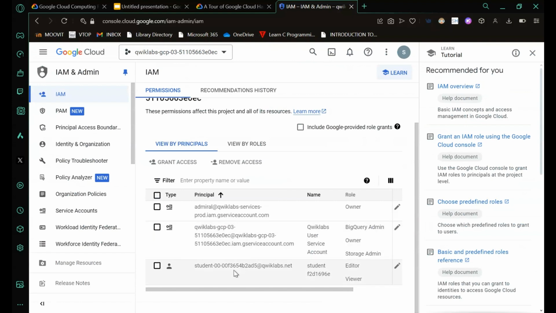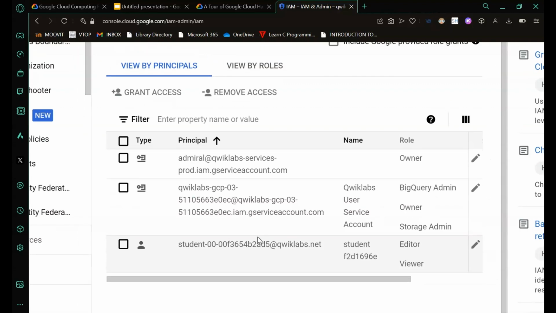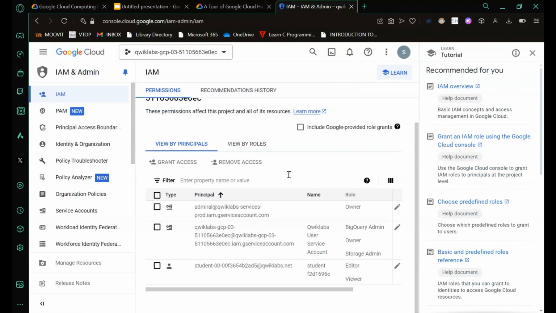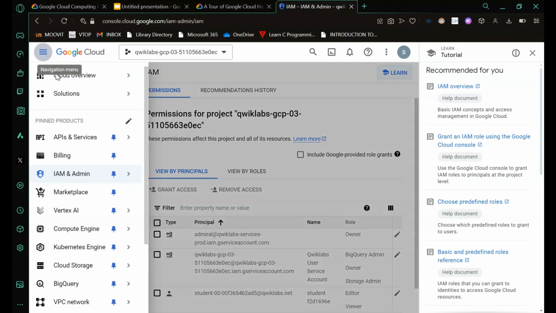Now you'll notice over here that here is your project ID. This plays an important role because it represents an identity in the cloud identity and access management. This is how the other people in the project can identify you. And yeah, so we are done with the IAM. Now we'll head on to APIs and other services.